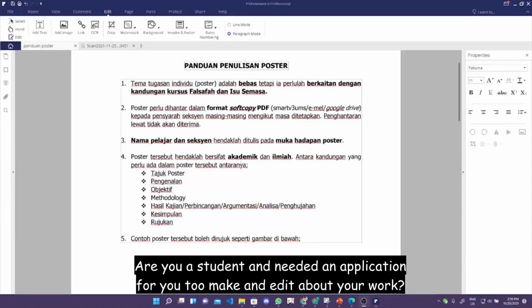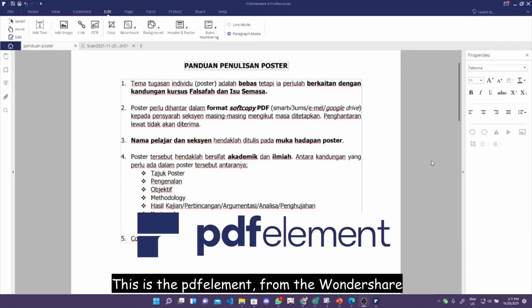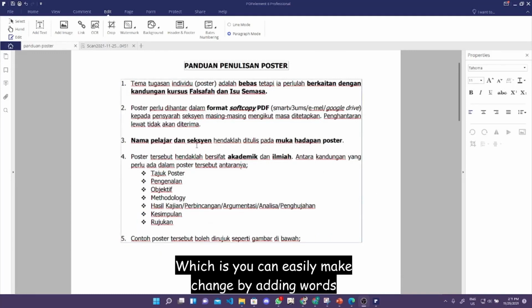Are you a student who needs an application to edit your work? This application may be helpful for you. This is PDF Element from Wondershare. This application can help you change PDF format documents such as this, where you can easily make changes, adding words